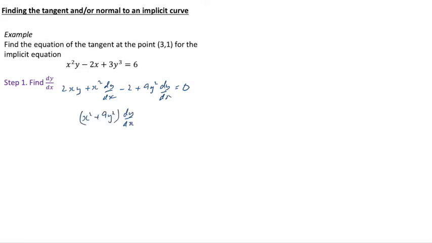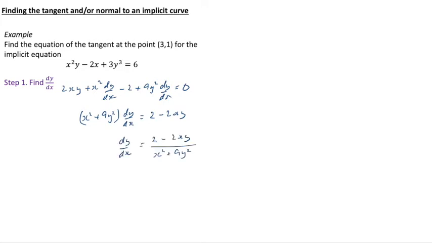Then we gather our dy by dx terms, so we've got x squared plus 9y squared times dy by dx, and we subtract the other terms, so they become 2 take away 2xy on the other side. The minus 2 we're subtracting, which is the same as adding 2, so that becomes 2, and the 2xy we're subtracting from the left hand side, so we have to subtract it from the right hand side. Okay, and finally, you will be fed up of hearing this, but we divide by whatever's multiplying dy by dx,